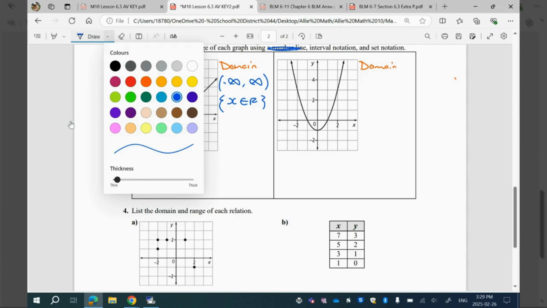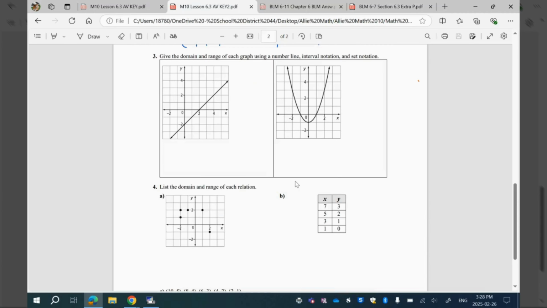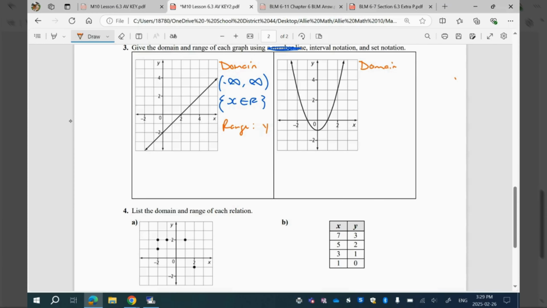And for our range, it's going to be pretty much the same thing. These are all of our y's. These are all of our x's that we have as well. It's going on and on and on in each direction. It's going down, all through all of the y's forever. We're also going to have a negative infinity and a positive infinity. And then we'll also have our little squiggly line that y is an element of all real numbers, just like